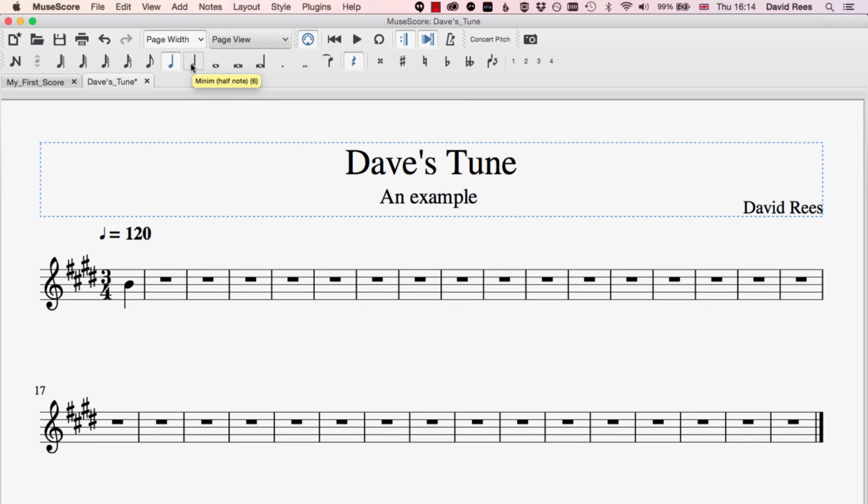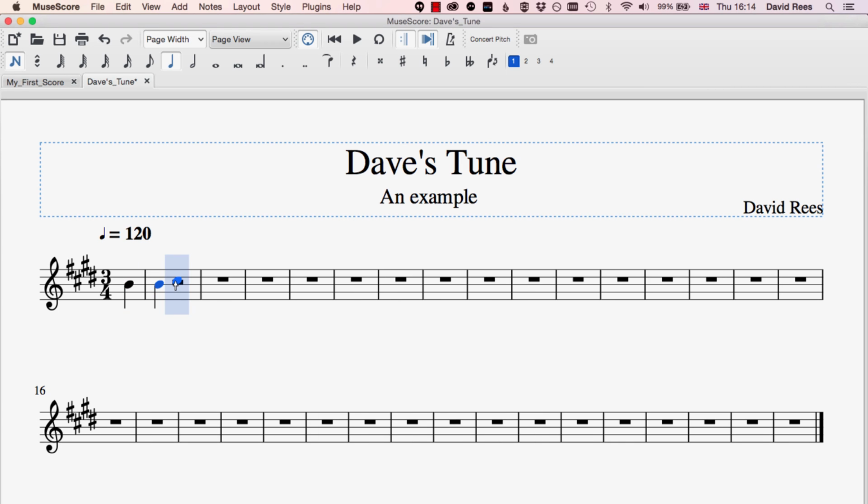music. So if we're doing mouse input and I enter note input mode, you can see that at the moment the duration of the note is set to crotchet or quarter note. And so just as before, if I was to click on the score anywhere, I'm going to have that note